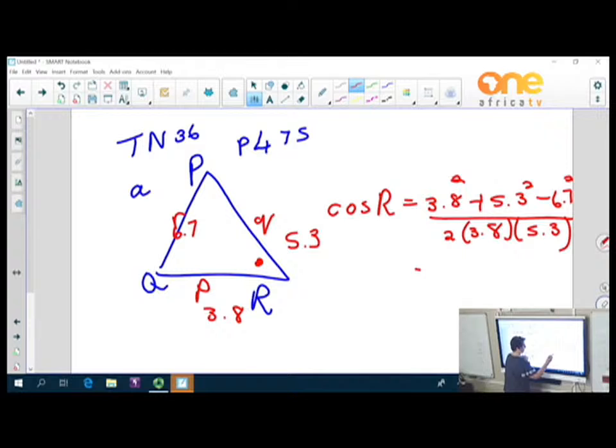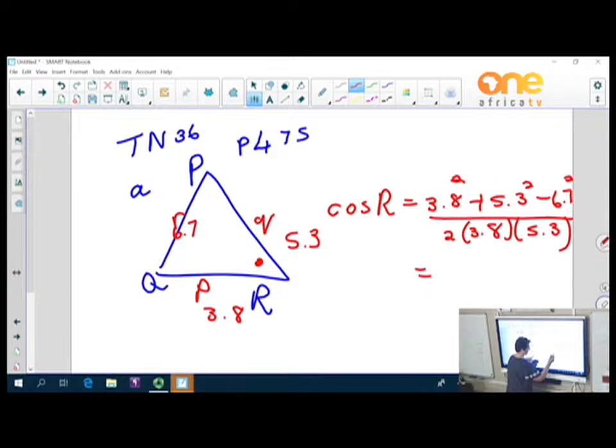So let's get a value there. 3.8 squared plus 5.3 squared minus that 6.7 squared, and then we divide by 2 times 3.8 times 5.3, and I got